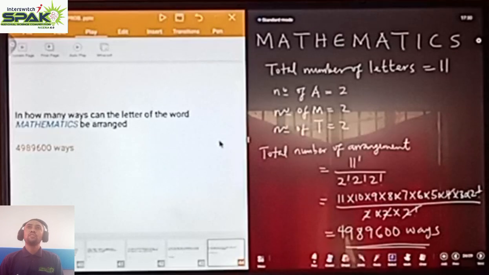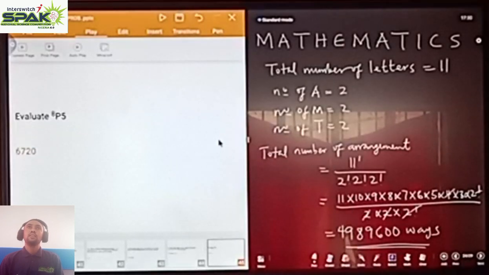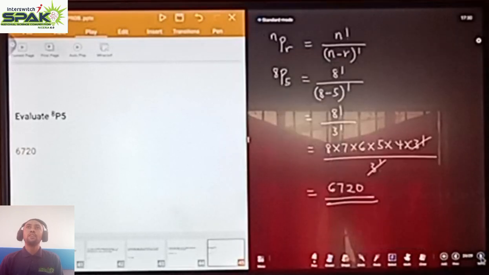And the last question for this segment is to evaluate 8 permutation 5. Don't forget the formula for permutation, we have n factorial over n minus r factorial. When you substitute your values, we have 8 factorial over 8 minus 5 factorial,